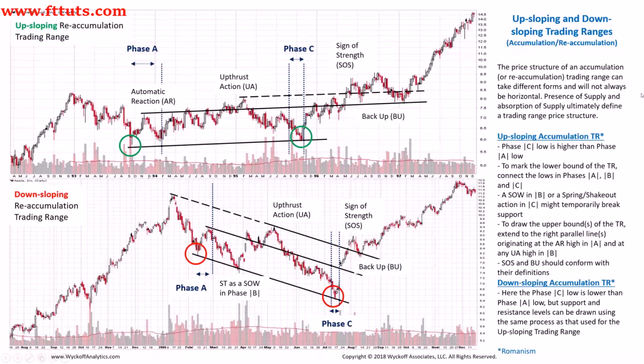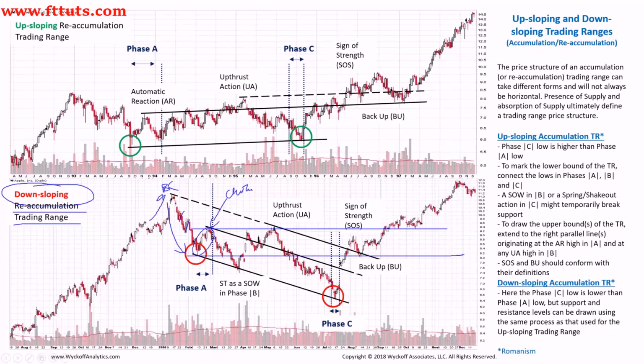So let's look really quickly at the bottom chart. And this is a downsloping reaccumulation trading range. So we're seeing the climactic run, and then look at the downtrend. And look at this rally right here. This rally acts as a better rally than anything else. So that's a change of character. At this point in time, you would be thinking we're going to be in the horizontal trading range. And we actually